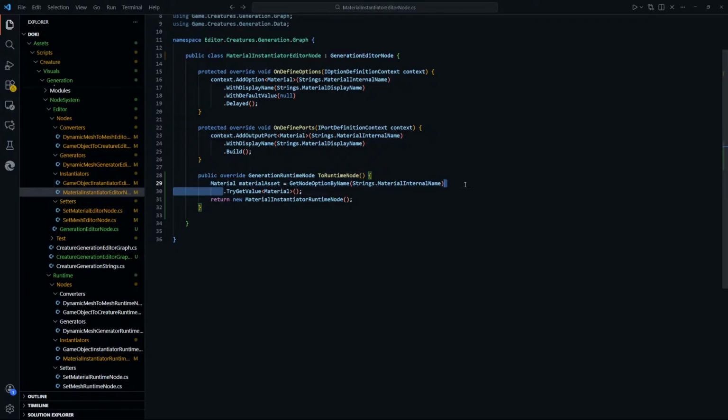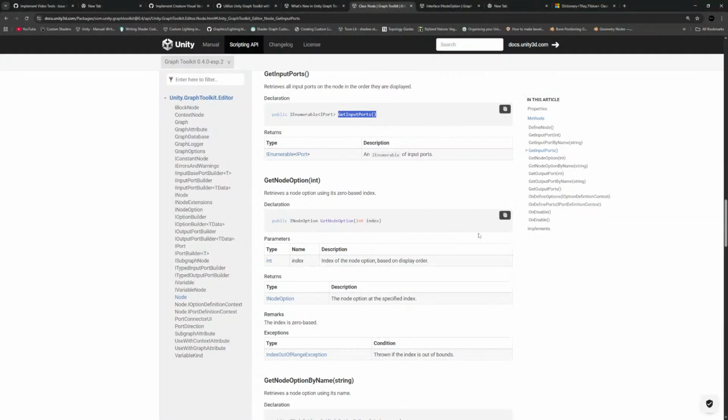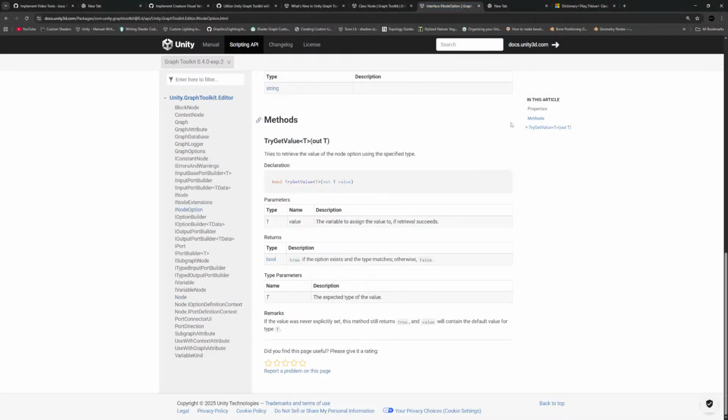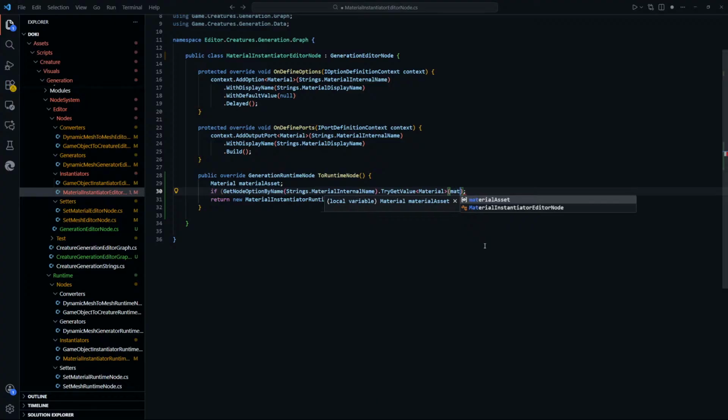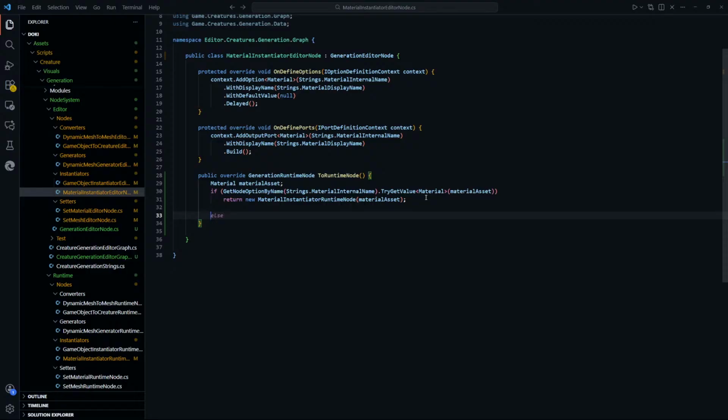Although I think we're gonna do try get value as well. Isn't that a, yeah, out t value? So we do this, and then we do if get node option by name, try get value material asset. If this one is successful, then we do this with material asset here. Otherwise,